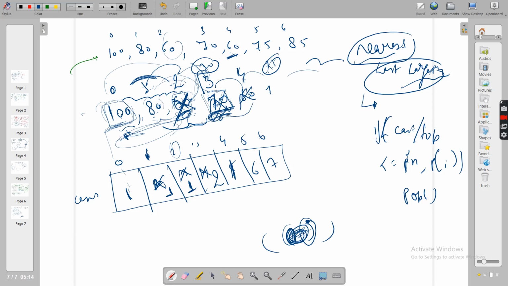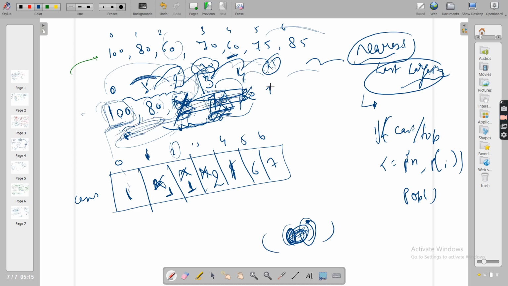And see guys, in this way you're not doing unnecessary comparisons, because in brute force on an array, what were you doing? Once you encounter 70, you will go and see this element is greater, no, this element is greater, no. You could have removed 60 earlier, but in 75 also you're checking that. That is why we are removing it. If the element is of no importance, we'll remove that. So the unnecessary comparisons are avoided, so the time complexity is reduced. So 75 will remove all these elements, and all the elements coming after 75 don't have to compare with them. Only two elements are there for comparison.